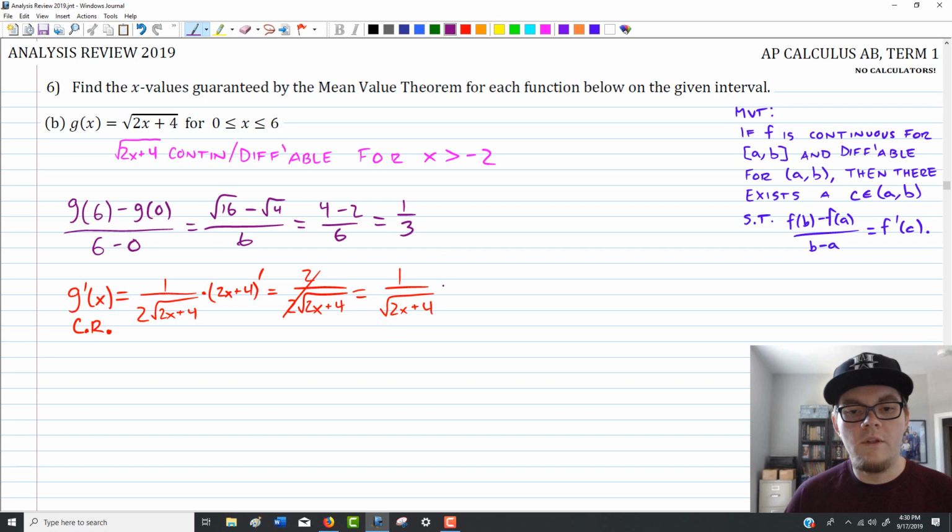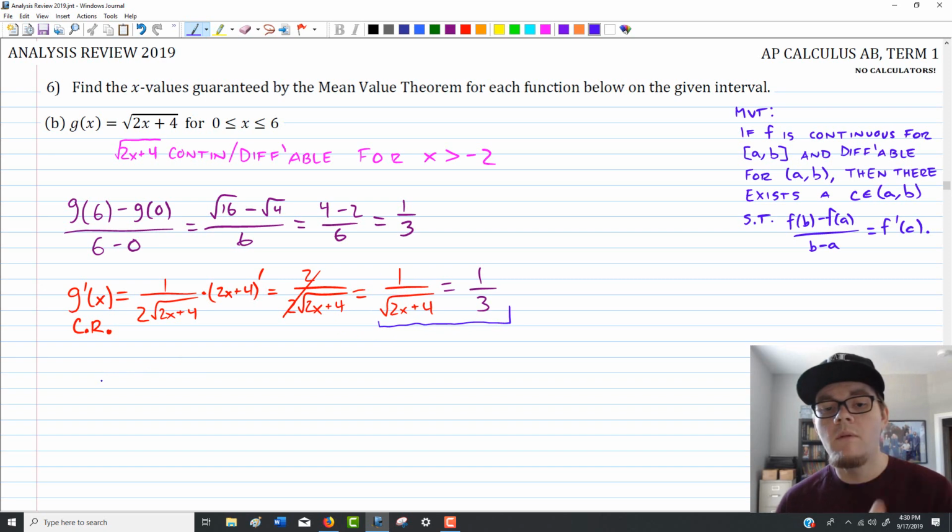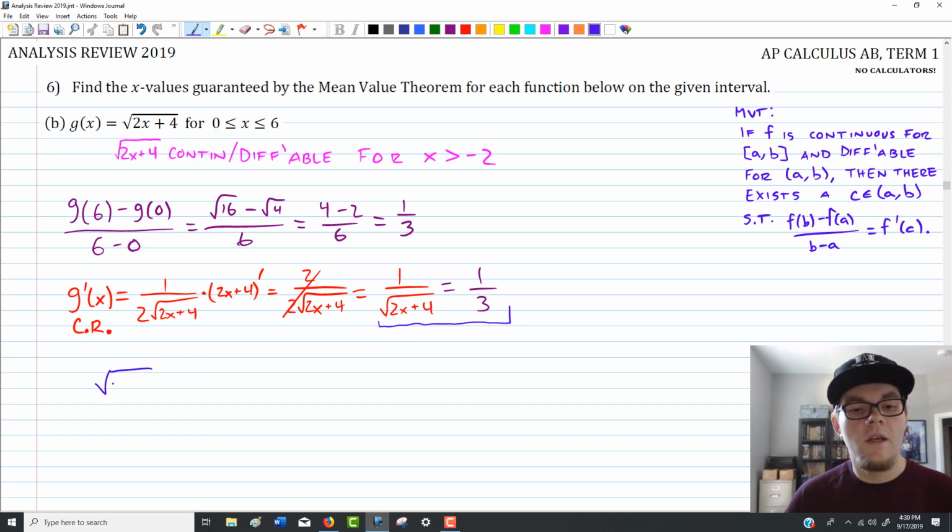And remember what we were trying to do is figure out when that derivative coincides with the average rate of change. So bringing this all together, we need to solve this equation. I'm going to flip both sides of the equation, because the numerators are the same, which means that we need to make the denominators equivalent. So we want to figure out when the square root of 2x plus 4 is equal to 3. I'm going to square both sides. That gives me 2x plus 4 equals 9, then 2x equals 5. And our one value is,